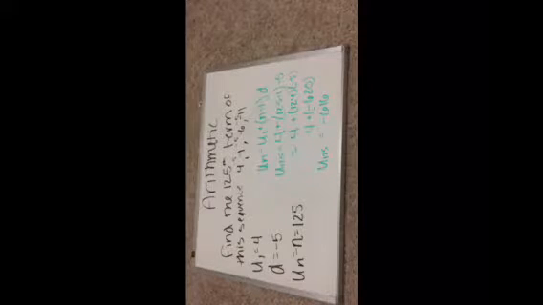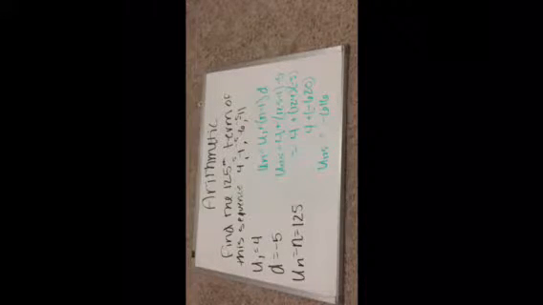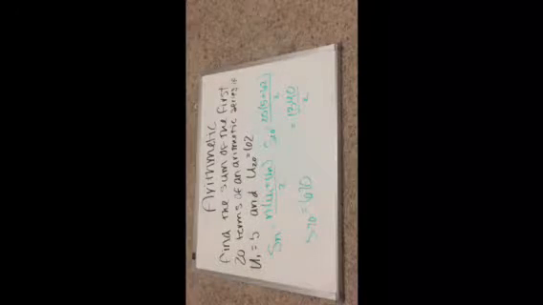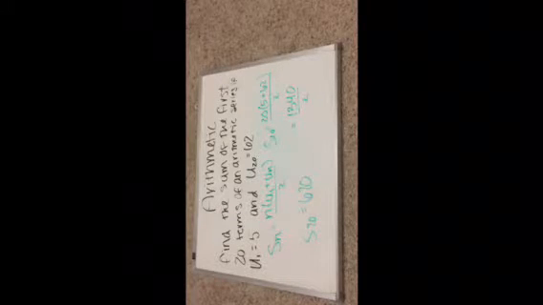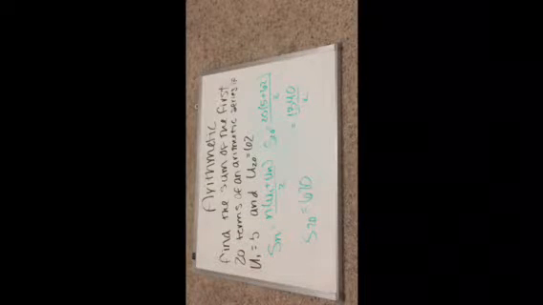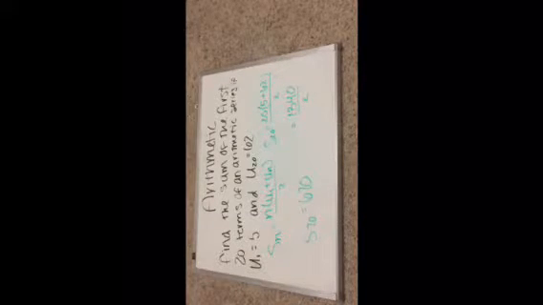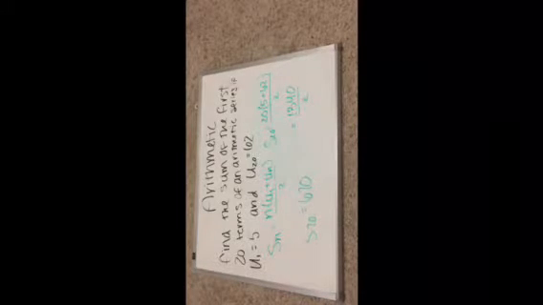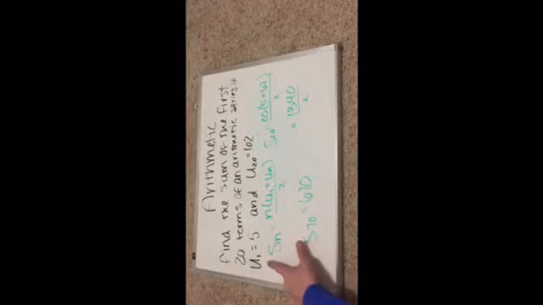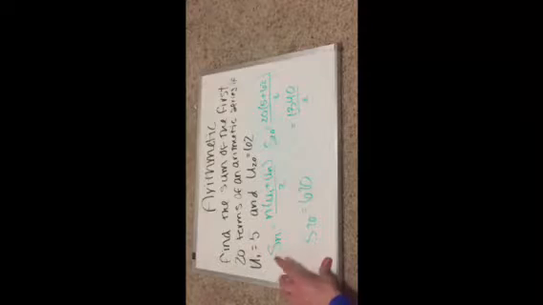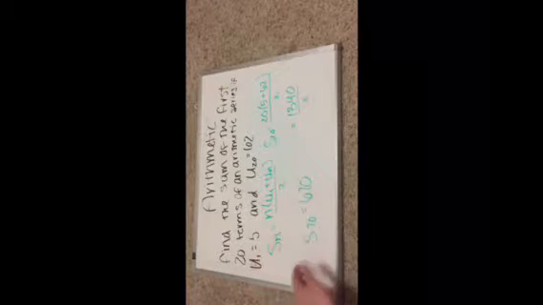Alright, so now we're going to go on to the sum of a number of terms in a sequence. We're going to figure out how to find the sum of an nth amount of terms in a sequence, an arithmetic sequence, to be exact. So this problem is: find the sum of the first 20 terms of an arithmetic sequence if u sub 1 is 5 and u sub 20 is 62. By using the formula for finding the sum of n terms,